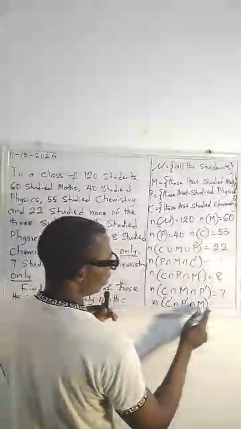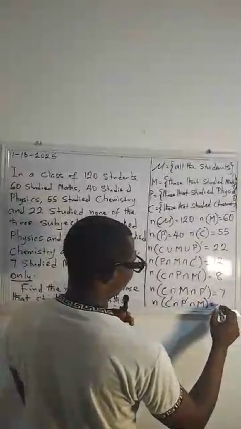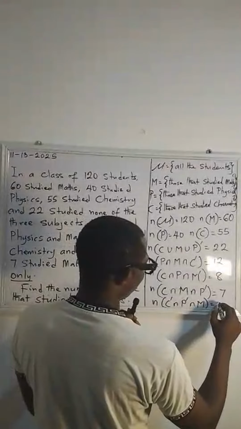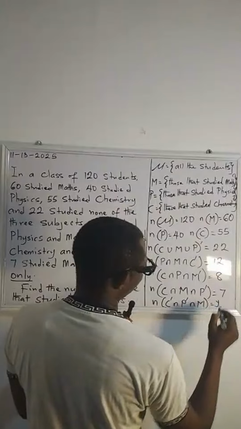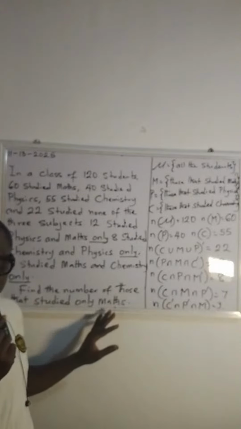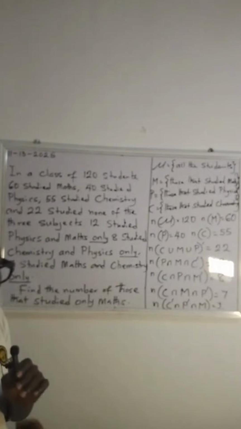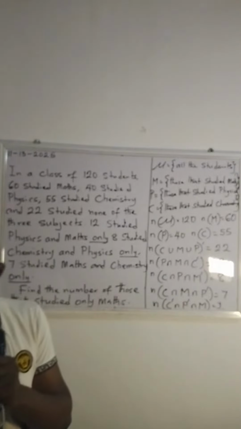They study only maths. And that is what we want to get now. So let's represent that, let's say with Y. So we want to know the number of those that study mathematics only. So how do we go about this? All right. Now, before we go into this